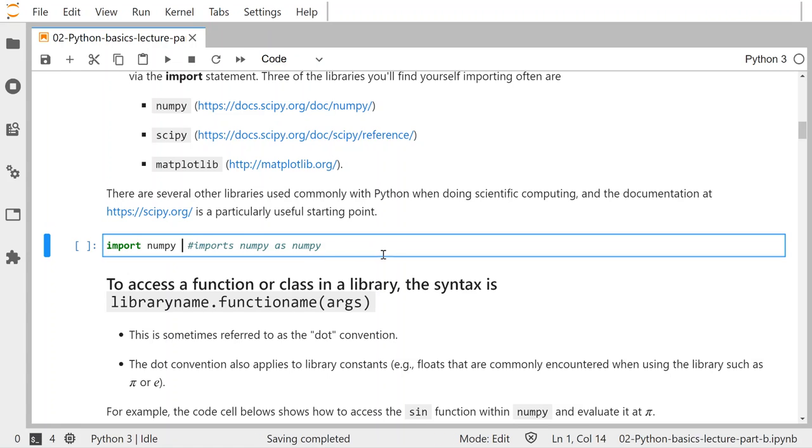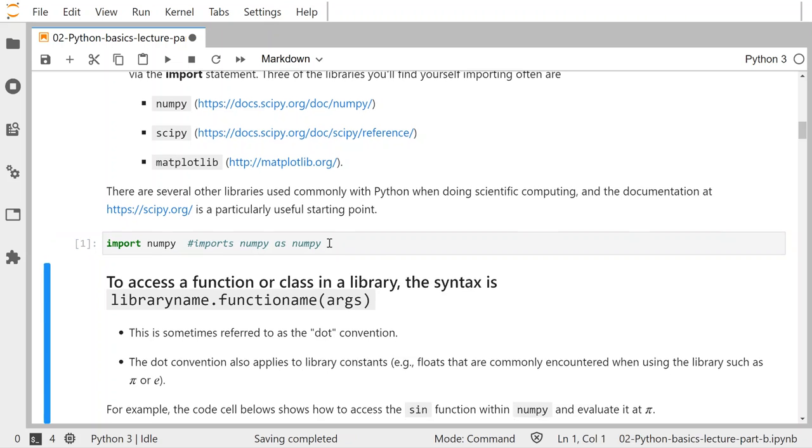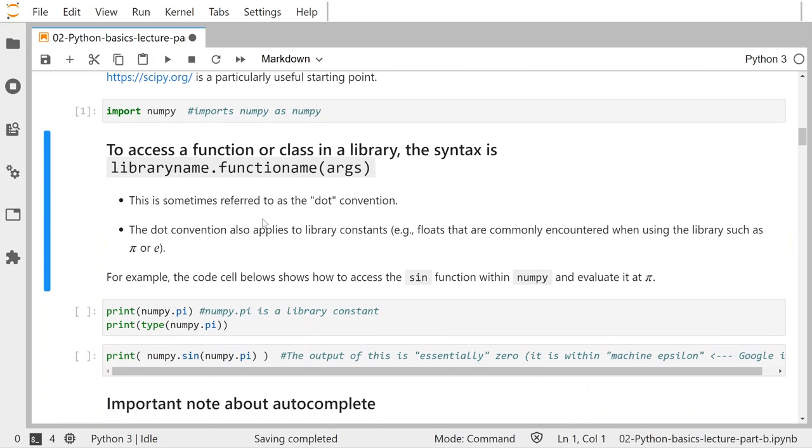We're going to import numpy. When you import numpy, just like this, it will import numpy as numpy. So I'll go ahead and run it and move on to the next cell with my Shift-Enter command. Now, numpy is now imported into the namespace. It's now taking up some memory. So if we want to start using things in numpy, we are going to use the dot convention, where you use the library name,